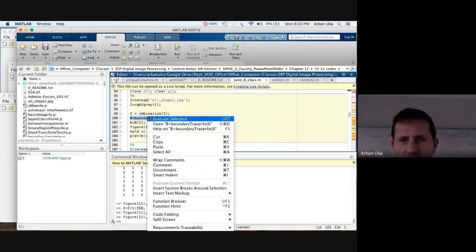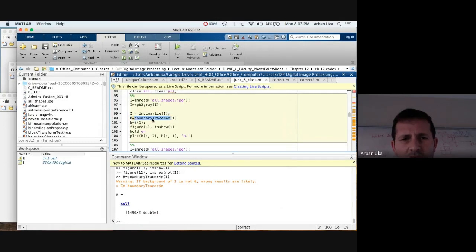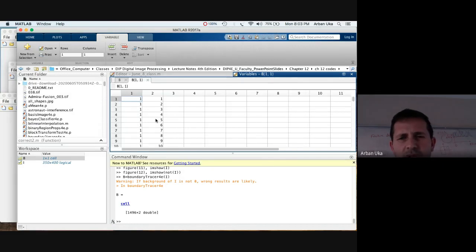So one of the major important elements is to be able to identify the borders. And for these borders, there is this function, boundary tracer, which defines, if we look at this as a variable, a cell, and this cell is composed of, if our image has many objects, like 11 objects, then we would have 11 different cells. The first cell that we observe here has all the coordinates x and y for